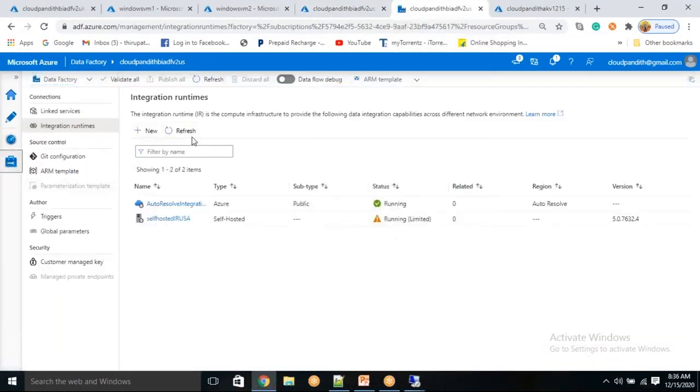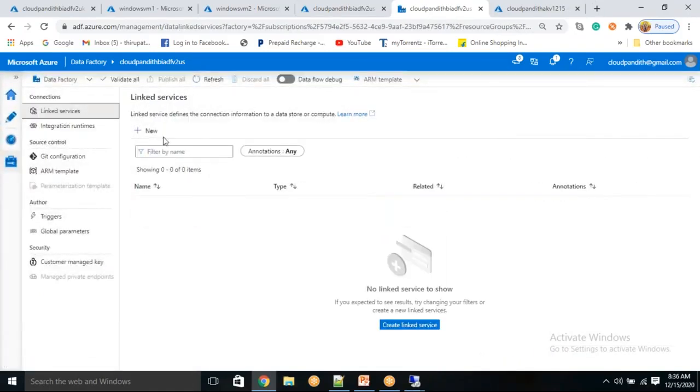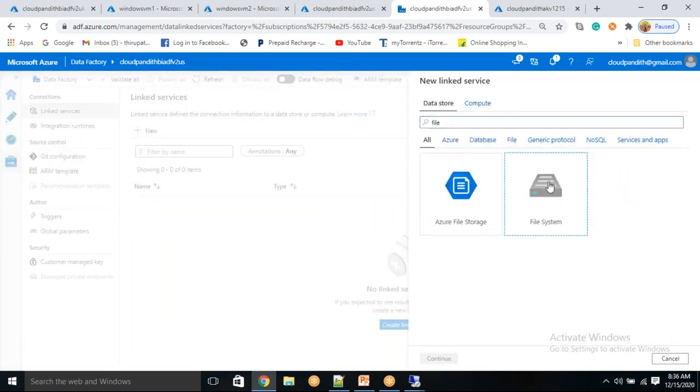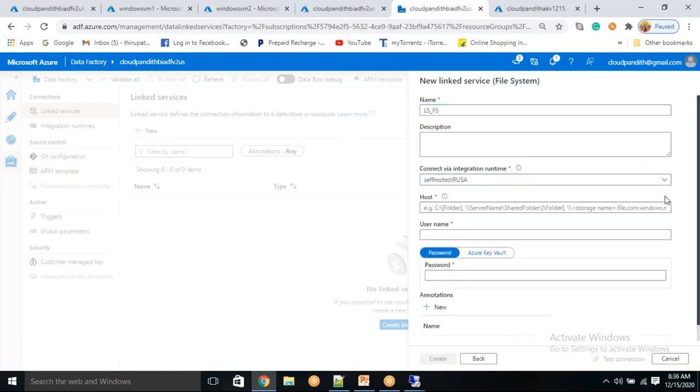Now let's refresh. This will be running. Yeah, click, not this one, sorry. Click linked service to create the linked service. Linked service to file system. Okay, so create a file system. This is LS for file system. Is it auto resolve integration runtime or self-hosted? Self-hosted IR. So you need to say C:/